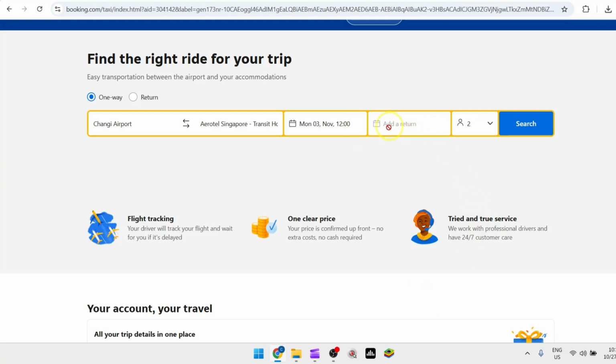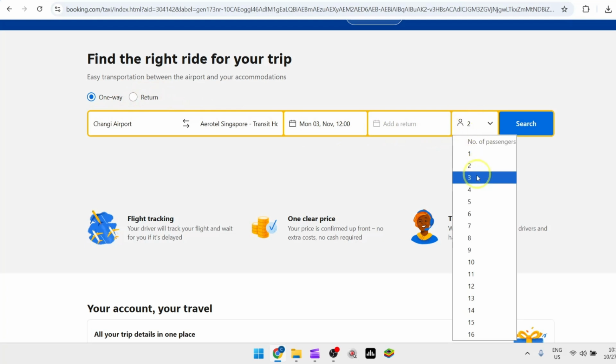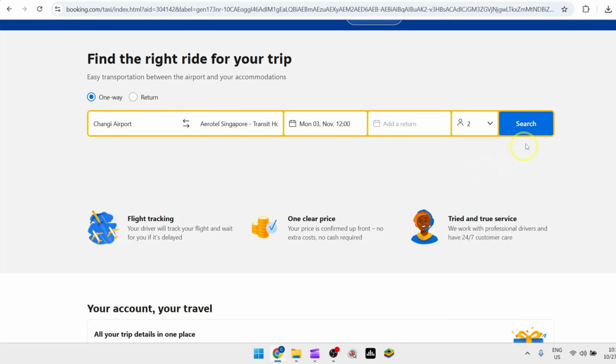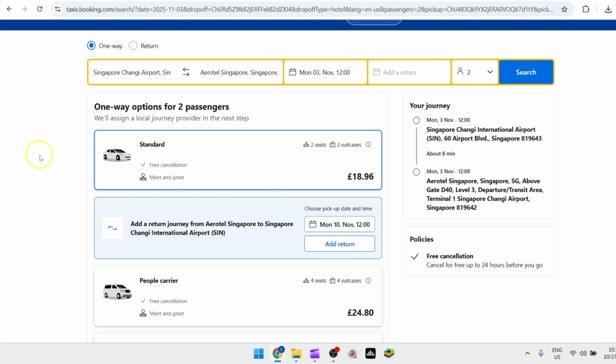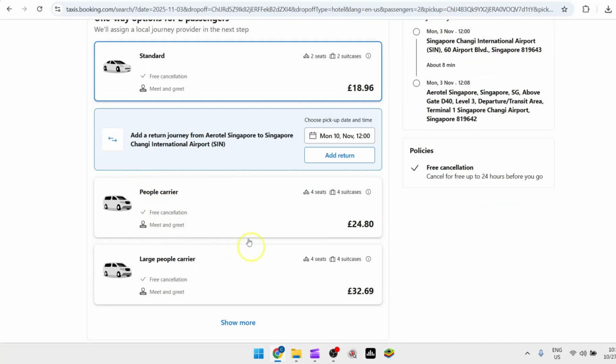The next is add in the return date if you chose return. Next is choose the number of passengers, then click on the search button. Now from here, choose from the options. You can also see how many seats and suitcases will fit to this specific vehicle, so choose what fits best